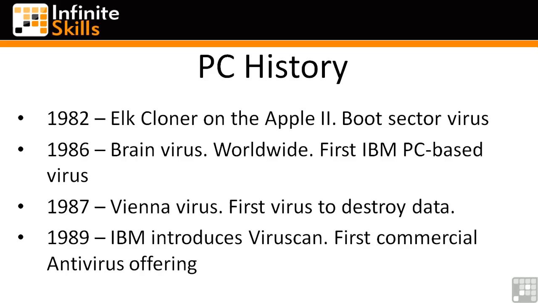And you have to remember that back in 1986, we had primarily floppies to store information and transmit them from one system to another. We didn't do a lot of modem communication, didn't do a lot of network communication back in 1986, so it was primarily people handing viruses to another system or to another person that then infected their system. In 1987, we run across the first virus that's known to destroy data. That was the Vienna virus.